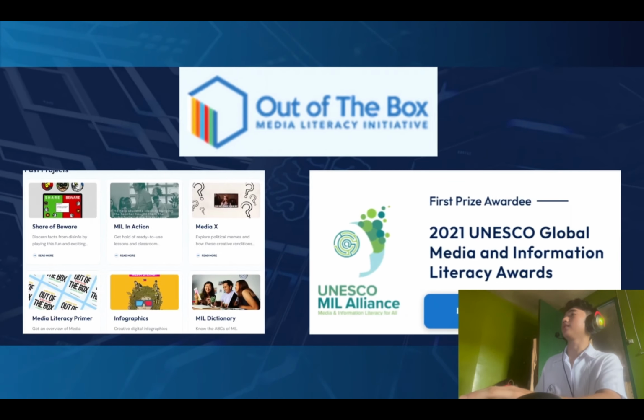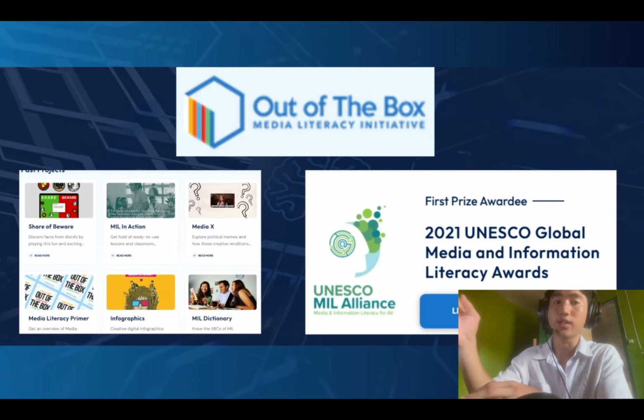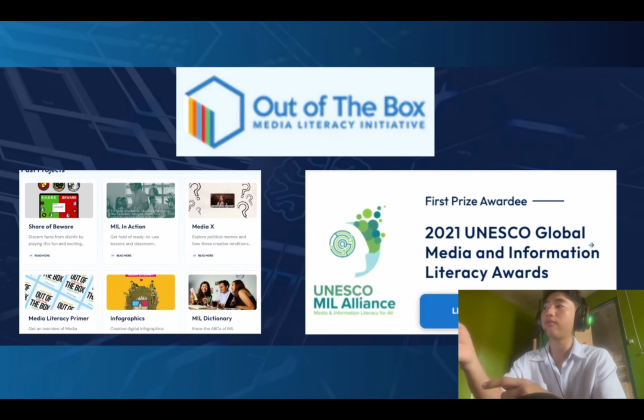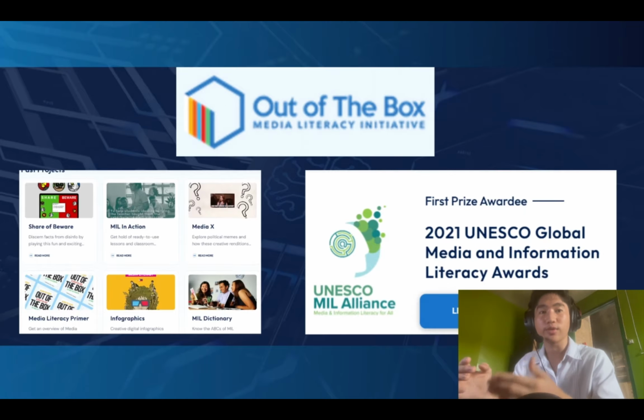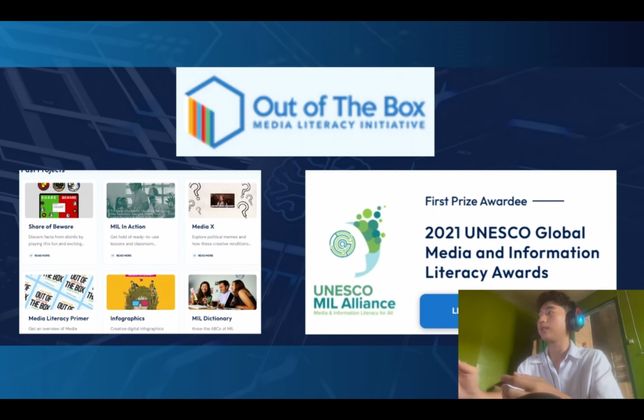Next is the Philippines' information literacy resource, which is called the Out of the Box Media Literacy Initiative. When I first checked the website, I found that they were the first prize awardee for the 2021 UNESCO Global Media and Information Literacy Awards. I was very shocked that our country was actually able to get this award. But the problem is that